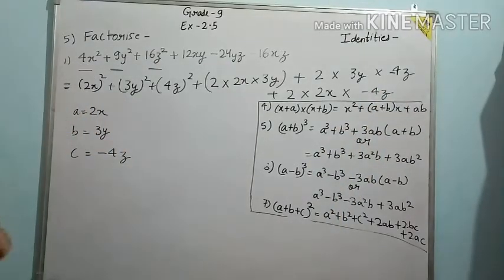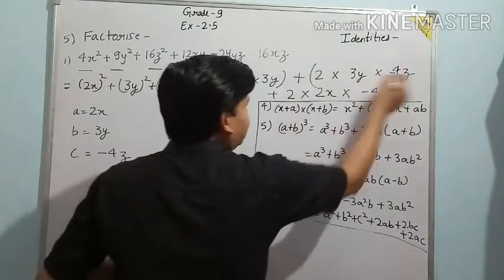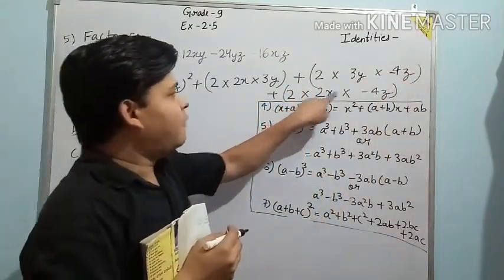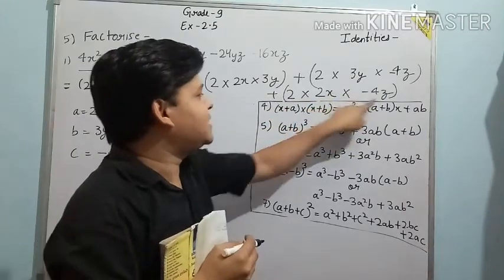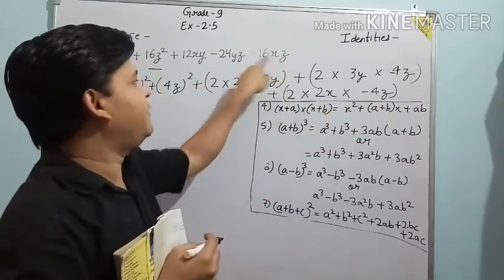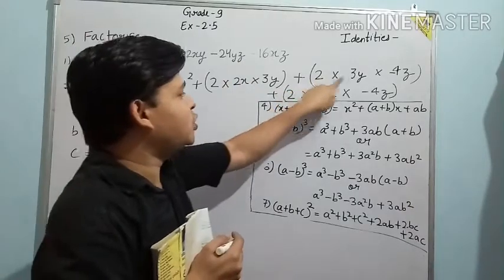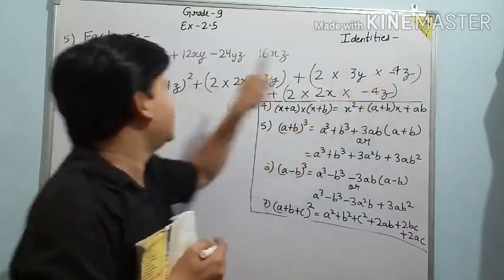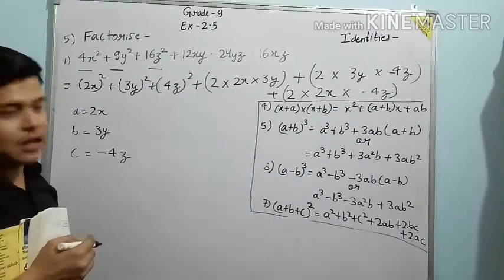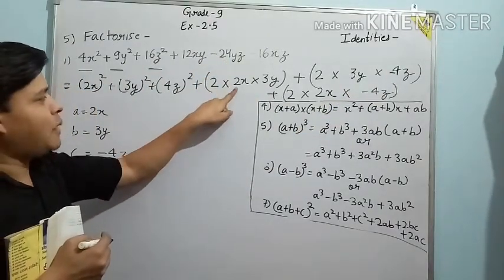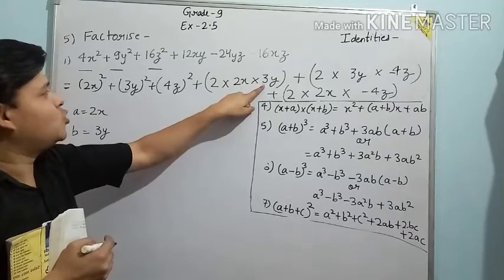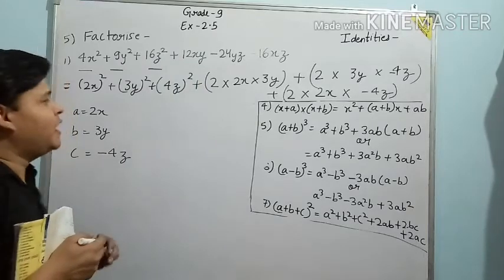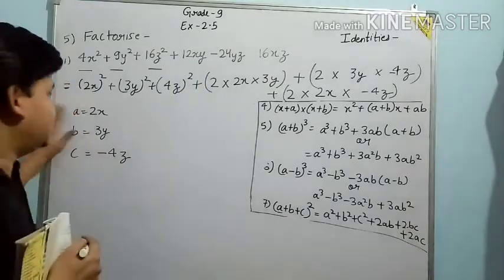So now you all can check, let's put here bracket and check 2 times 4, 4 times 16, and 16xz with minus sign. Similarly this also 3 times 6, 6 into 4, 24yz with minus sign. And this is 2 times 4, 4 into 3, that means 12xy with plus sign. So we have written whole as this in this form.